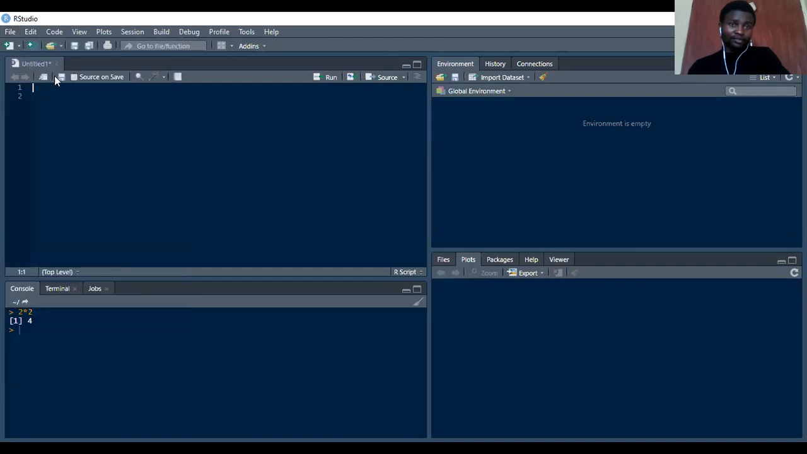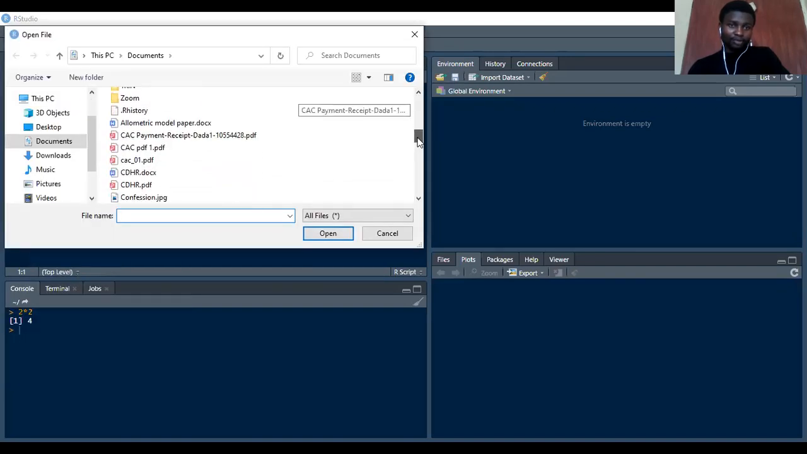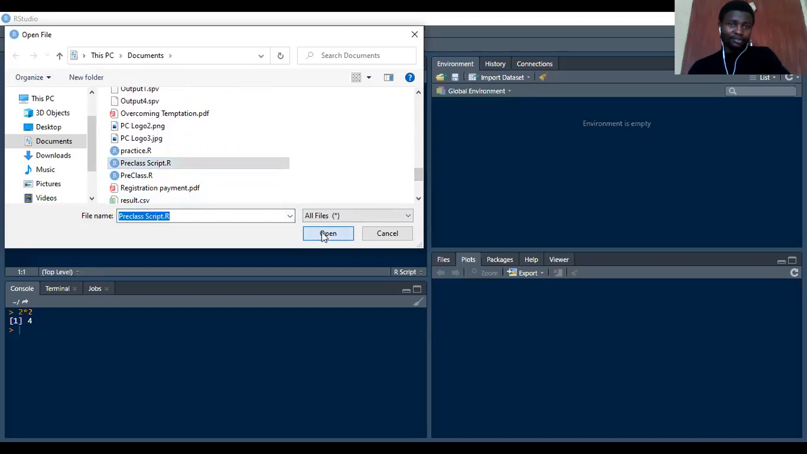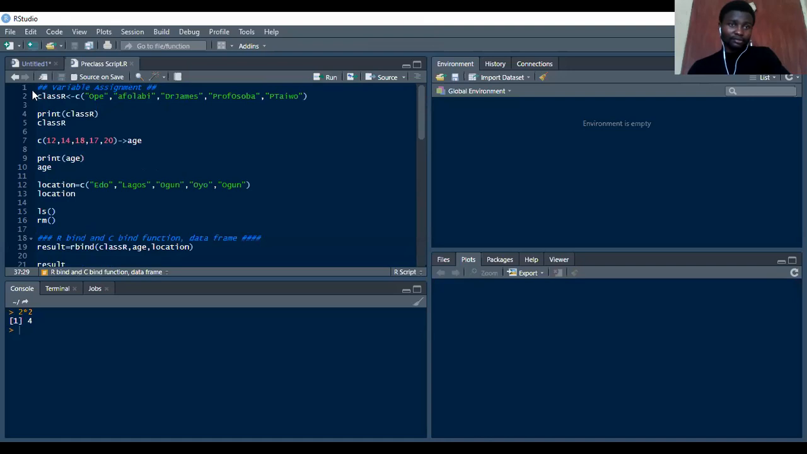You go to File, you say open file, and thereafter you search for the script. I saved the script with the name pre-class script. So just click on it and you say open. Just as I told you from the slide that shows the outline of what we'll be doing today,